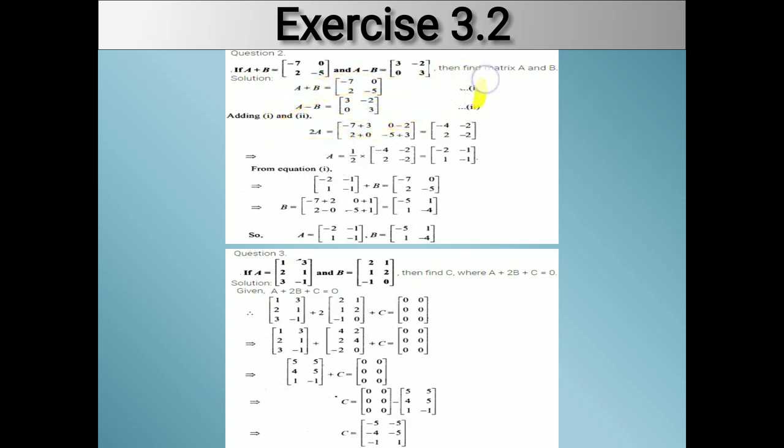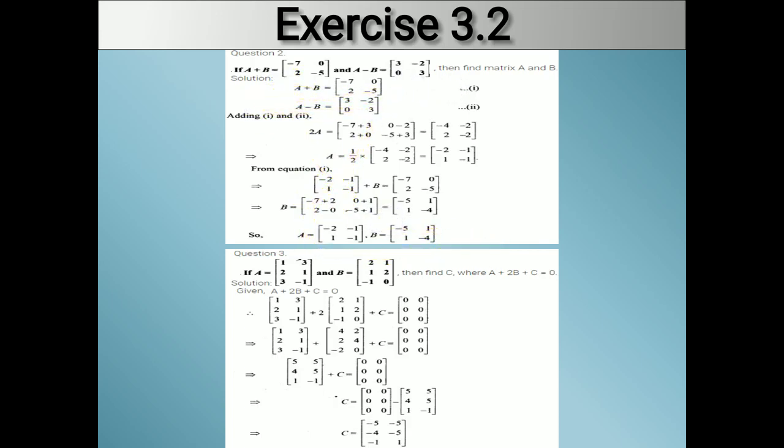So once we add the first and second equation, we get 2A. 2A is this resultant. And this 2 multiplication will come over to the right hand side as its inverse, that is half. And this will be multiplied with each element. And this 1 upon 2 becomes a scalar of this matrix. So 1 upon 2 into minus 4 will be minus 2. 1 upon 2 into minus 2 will be minus 1. Likewise, this multiplication will be solved. Similarly, after solving this, we get the value of A. And once we place A's value in the first or second equation, we get the value of B.